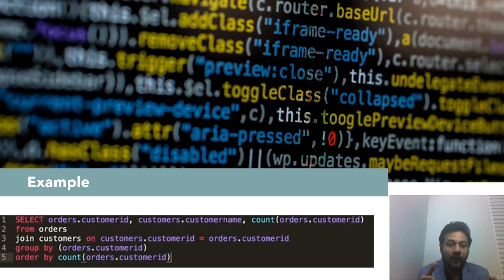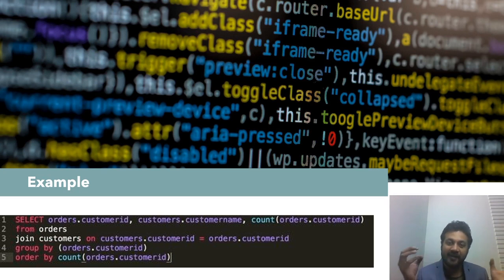Now the second line of the query tells us which table to gather this data from, which is FROM orders. From orders, obviously you can get customer ID, but for customer name, you need to access information from another table, customers. That's the reason for the third statement, where there is a JOIN between orders and customers on the basis of a mapping on customer ID, which is matched in both tables. If the customer ID in both tables matches, that's the data point that needs to be joined with the orders table, so that both the customer ID from the orders table and the customer name can be fetched.